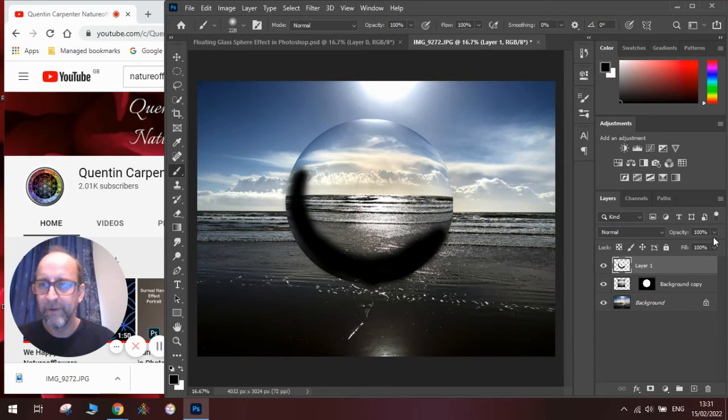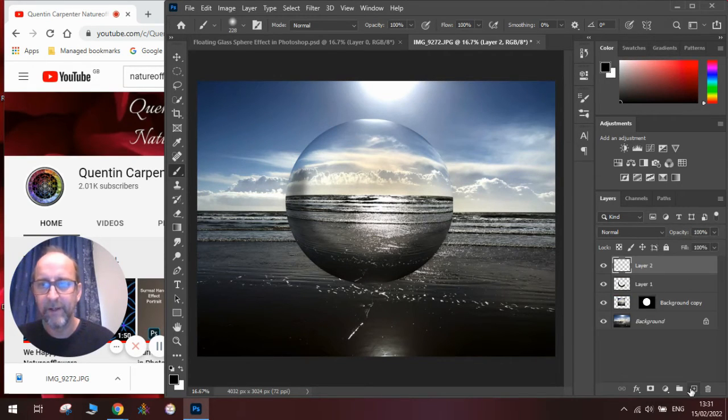And then we're going to change the opacity of that so that it just fades nicely into the image to make the sphere look spherical. And once we've done a bit of this, we're going to add another new layer and do the same thing and add some highlights at the top area. So we'll switch to white, paint some white highlights in up here,